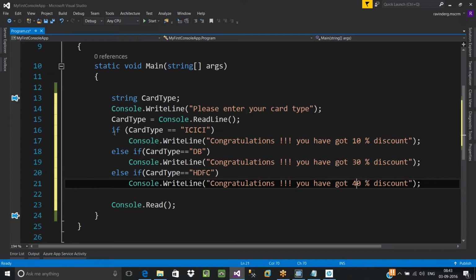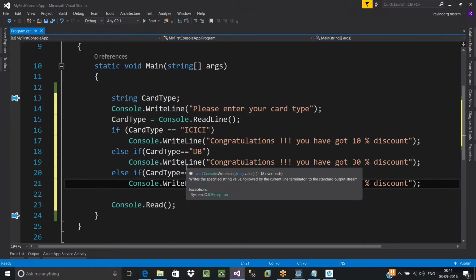Here, you're duplicating your logic, and complexity will also increase. Readability is also going to be difficult. If any issues occur in your code, even the debugging process is going to be very difficult.